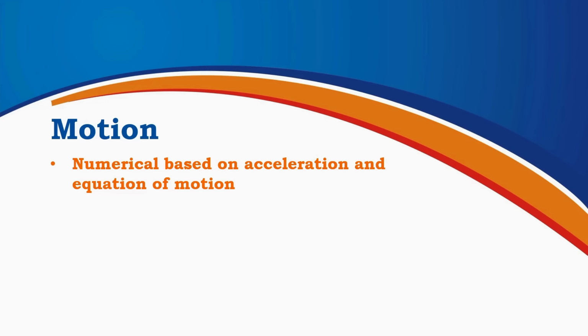The first equation relates velocity and time. The second equation relates displacement, time, and acceleration. The third equation relates velocity, displacement, and acceleration. By using these equations, we can solve different types of numerical problems involving moving objects. In the following examples, we will apply these equations step by step and learn how to choose the correct equation to solve each problem.